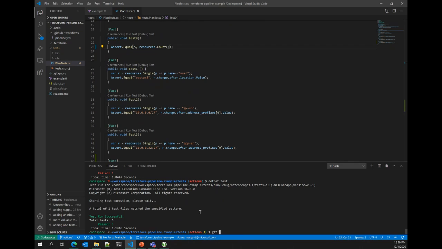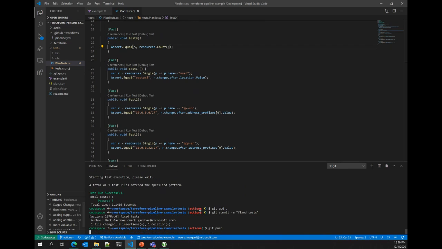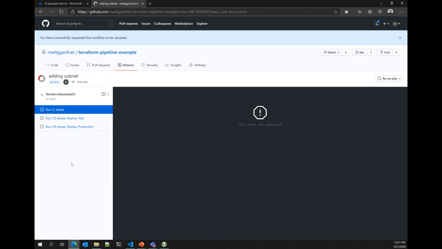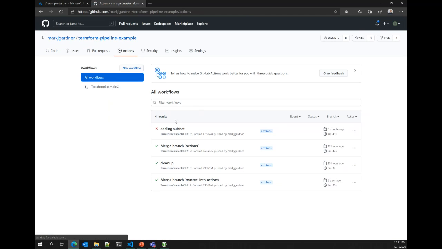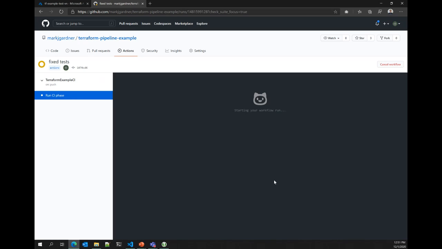So we're going to push new changes here. We're going to push those up, and hopefully we will get to see a running actual pipeline this time. We'll give this just a second.